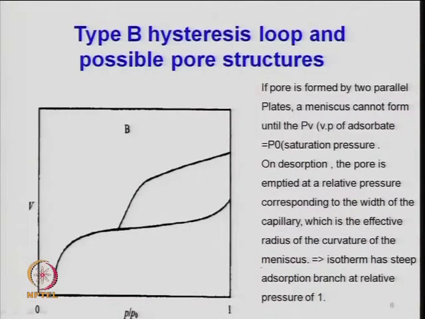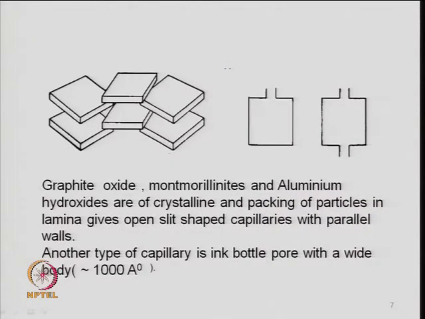This is another type B, where you can see that it has reached the saturation pressure, that is, P by P0 approaches 1, and then the hysteresis is forming, whereas in the earlier case it was at some intermediate point. So, that is what I am saying, and this will be seen in this kind of structures,